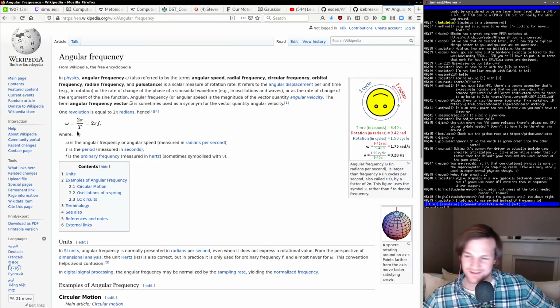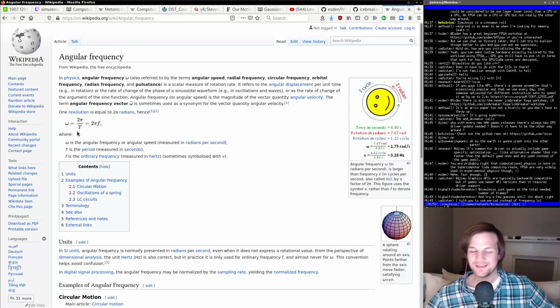I need to think about this again. Just guess at the total needed number of frames. And try guesses until it's right. I told you to use period instead of frequency. Yeah, probably should have used period instead of frequency. Too late now. I mean, we could go back. But,